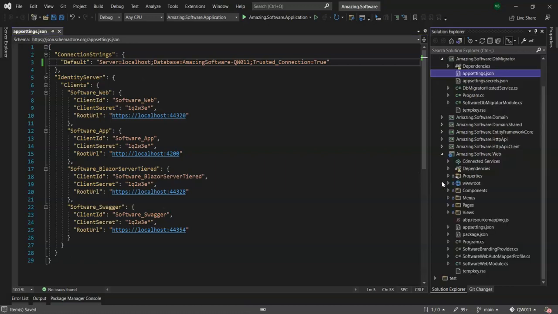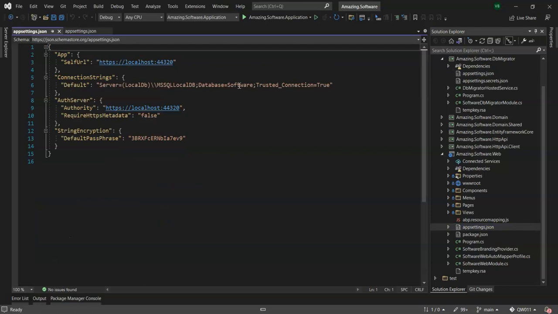I'm going to do the same thing in the appsettings.json in our web project. So I'm going to call this amazing software QW011 and just call this localhost. Save that,